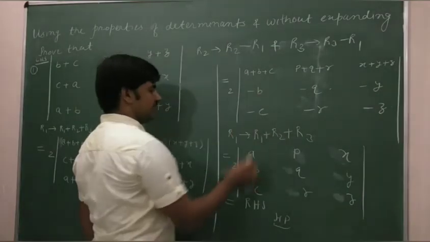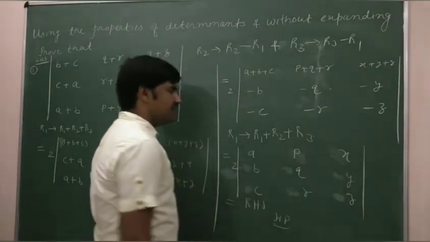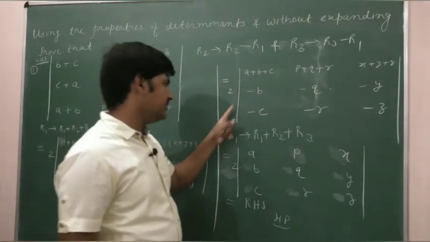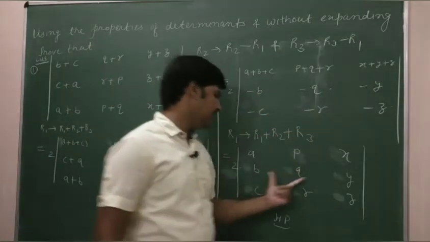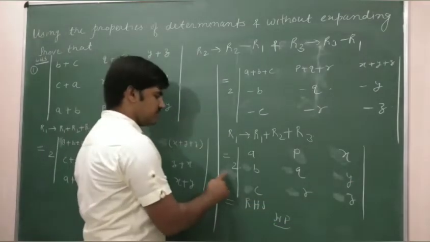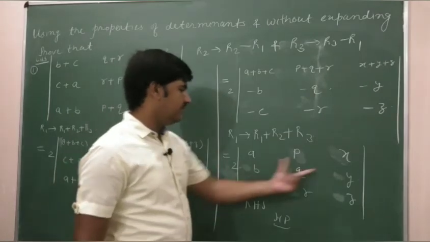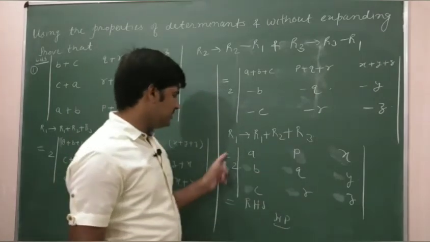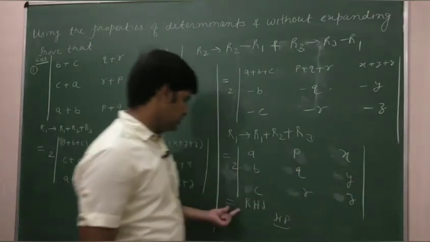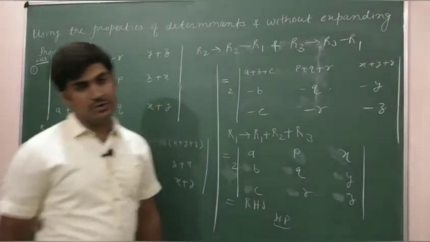Now what we are doing is we are using the next property R1 plus R2 plus R3, and when we use this particular property, here we get A, P and X. After we have got this one, we can take minus common from R2 and minus common from R3, then all these elements will become of plus sign. And here when we take minus and minus common, then it will be plus. So we have got twice of this particular determinant, that is what is available in RHS. In RHS we have twice of this particular determinant. So I have written it equal to RHS, hence proved. I am sure you understood.